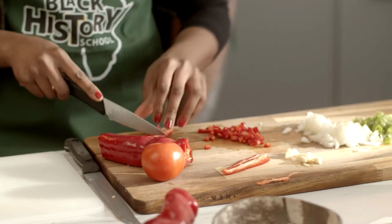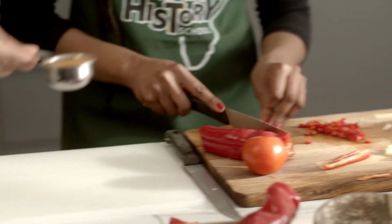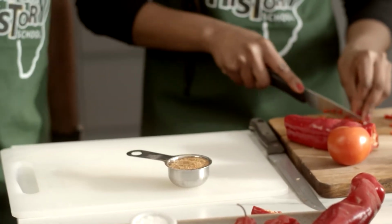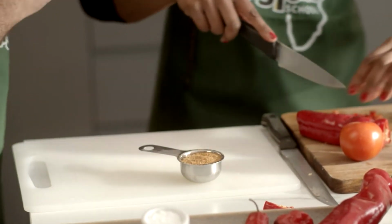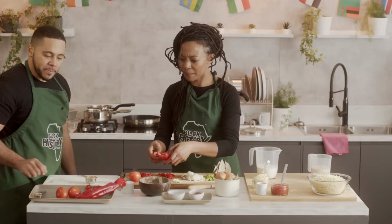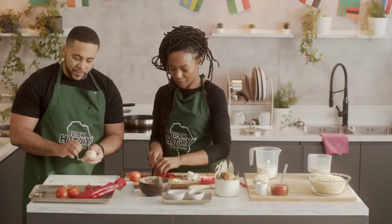So what we're going to actually be doing, once you've got that chopped up, we're going to get this seasoning right here, which is all-purpose seasoning, and we're going to cook that down a little bit with the all-purpose seasoning before we mix it with the saltfish, and then also mix it with flour here, baking powder here, and water there. But I need another onion